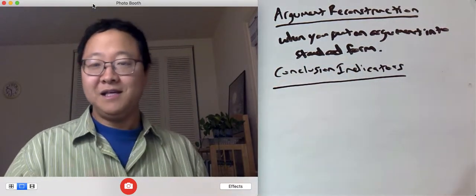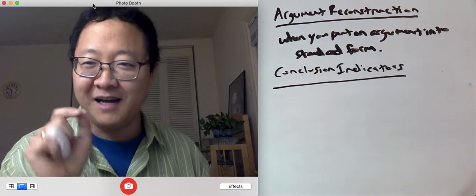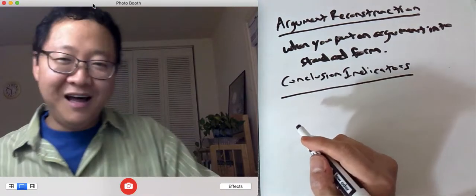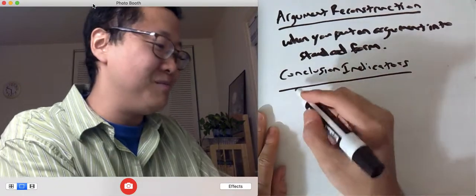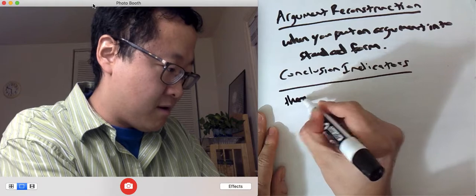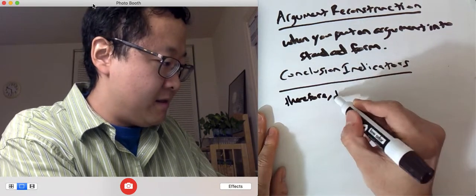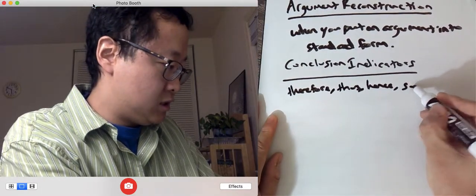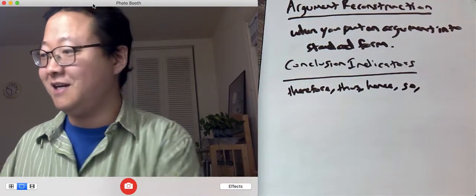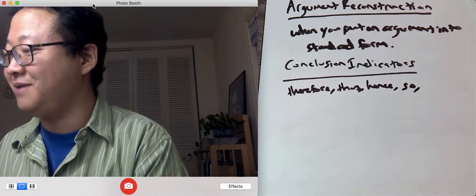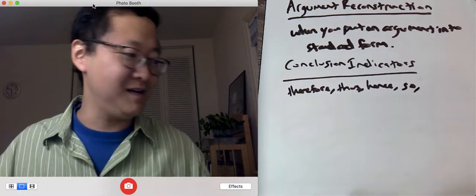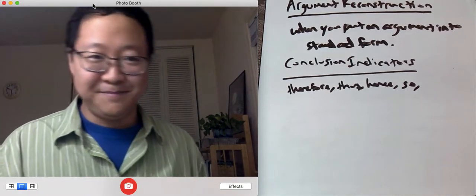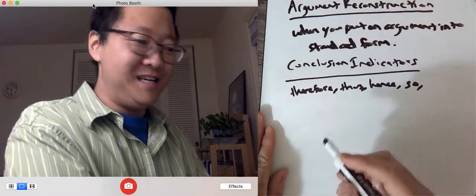Okay? These are words that help us identify what a person's conclusion is going to be. And a lot of them, you'll know them. So there'll be words like therefore, thus, hence, so. The book adds, it can be concluded that, by the way, these are all on page 15, so you can just look from there. These are probably the most common one. In conclusion,